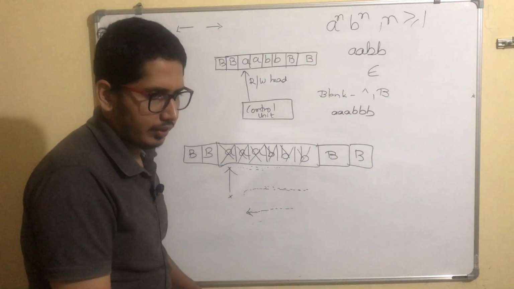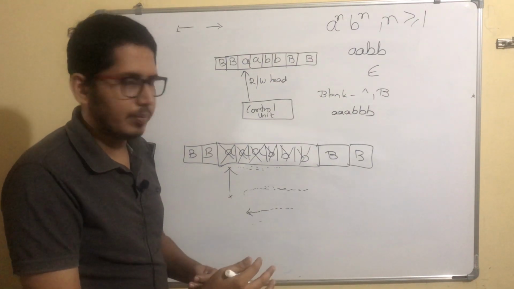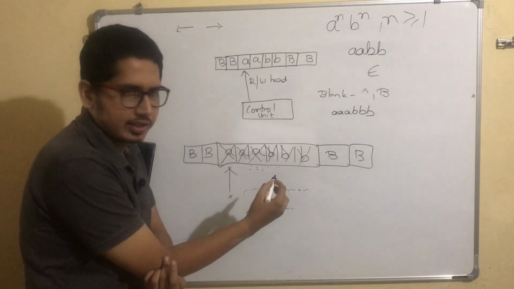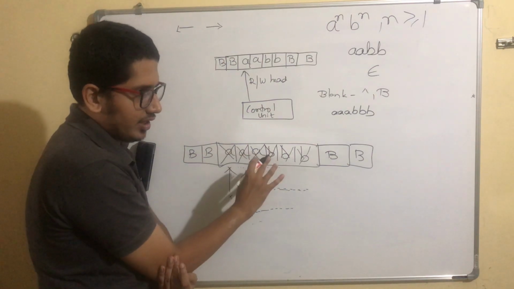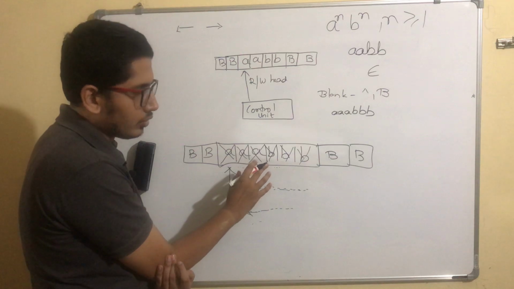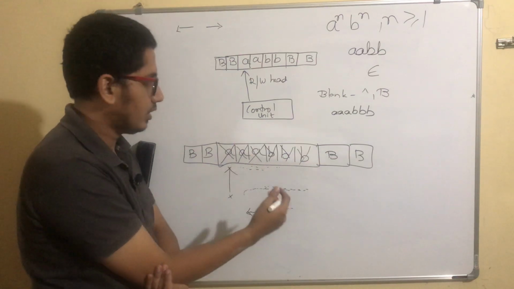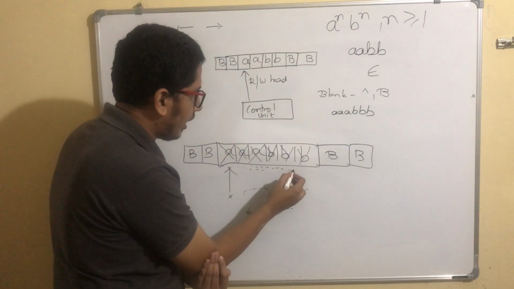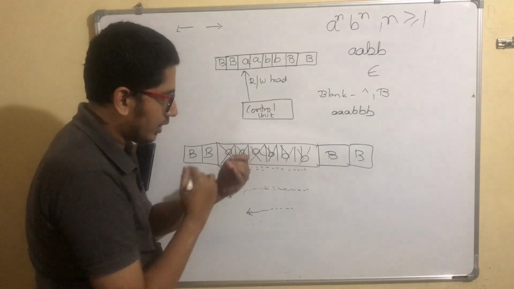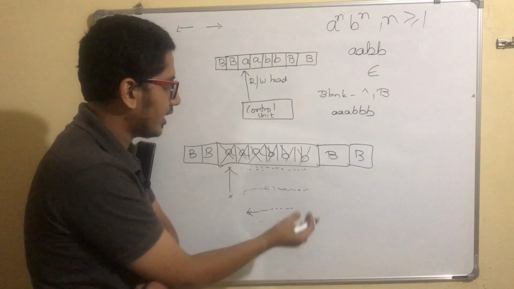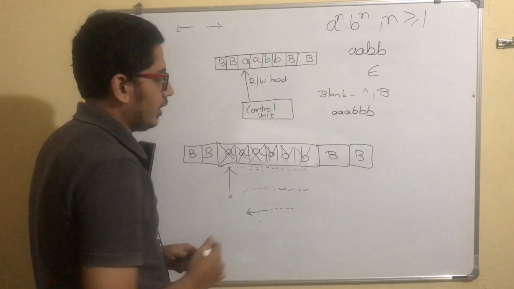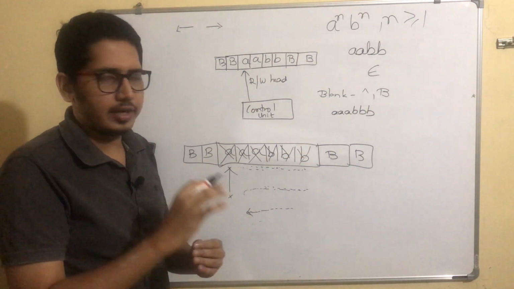So it comes to the first X. If there is any A, it should be present on the right of the first X here. So there is no A remaining. You should not stop here because you should also make sure that there are no B's remaining. So it will again move towards right, till the last Y. This is the last Y, and it will see that there is no B on the right side. Next is blank. So it is sure that all A's are done, B's are done.